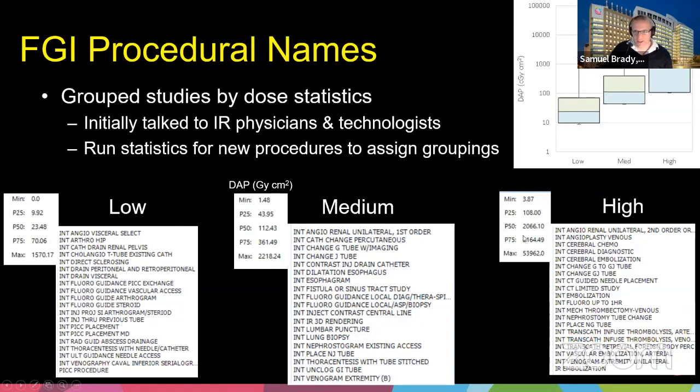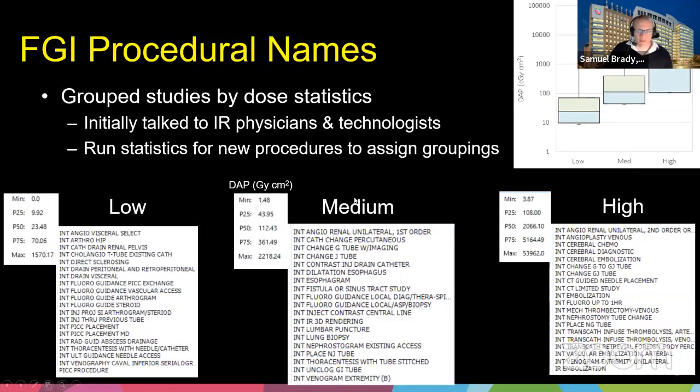And I ran the statistics, and you can see them plotted up here in the upper right-hand corner. Once I calculate my statistics, they are statistically significantly different, which means I've done a pretty good job separating the low from the medium from the high. Now, had I, for example, included embolization, which is a known high procedure, accidentally in my low category, this low category would have overlapped significantly with high, and I would have known statistically they wouldn't have been different, and then I would have had to keep organizing.